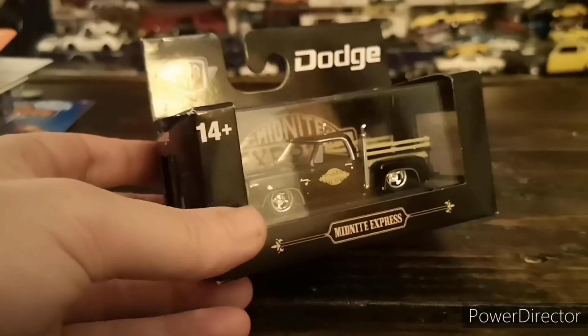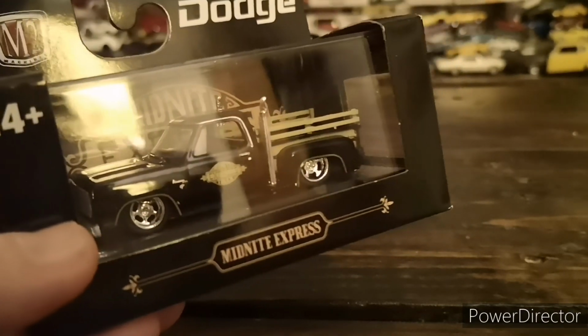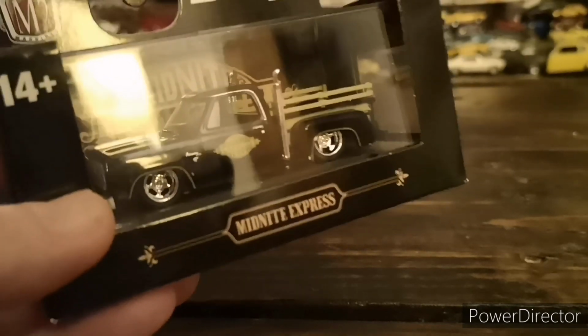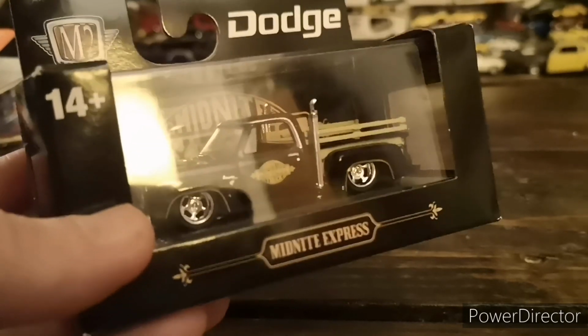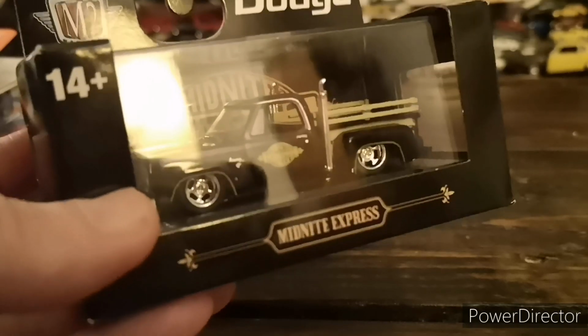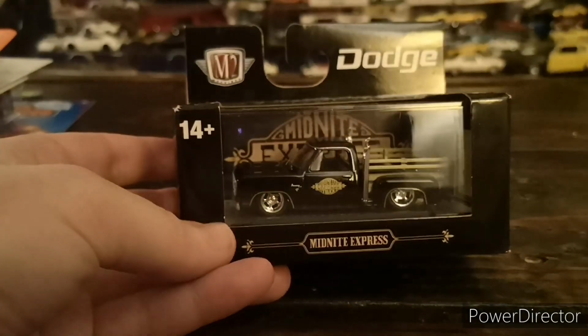And he did point out that those what are made to look like wooden slats on top of the box of the truck, M2 is the only one that does these. All the other companies that do the D series pickups, there's no slats on there. So I find that's a really cool thing. So I'm still going to be on the lookout for that